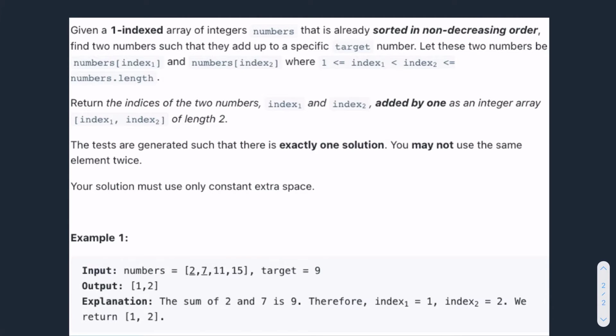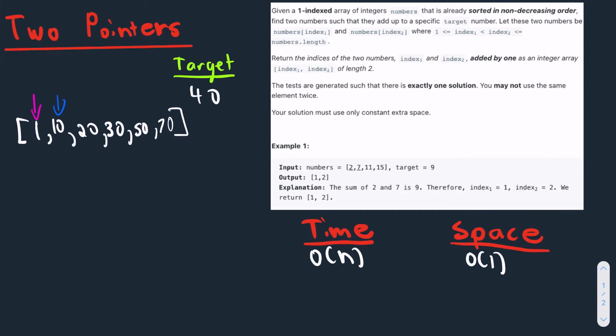So again, if the target was 4 here, we couldn't use 2 and 2 again. It just wouldn't work. Okay, and we can only use constant extra space. So essentially for the solution, we're going to start by building up from the naive solution. So the naive solution, what we would do is compare each pair of values until we get our